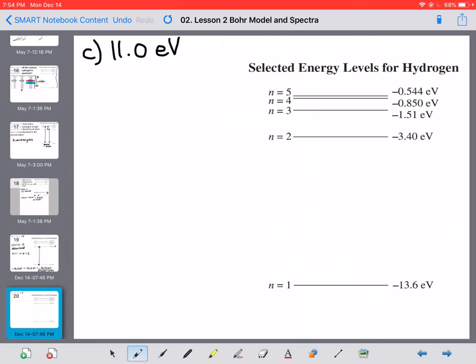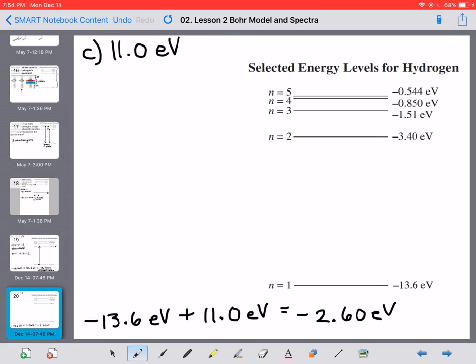Okay, next we're going to repeat this same process, but with a photon that's 11 electron volts. So again, starting back at the ground state, so negative 13.6, we're adding in 11 electron volts. Let's see what would happen if the electron absorbed all 11 electron volts of energy, we would get,